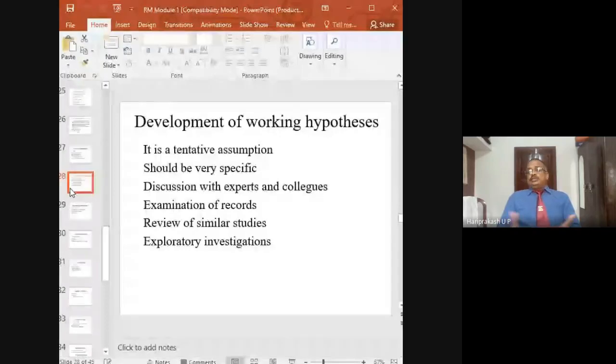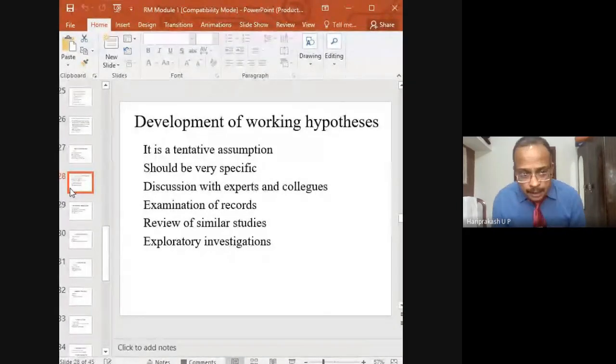How to develop that? It is not just sitting alone and thinking. Yes, thinking should be there, but you will have to collect various literature for this purpose also. The literature survey that you are doing will also help you in framing the hypothesis. And also you have to discuss with the experts, with colleagues, your guide, and so on. When you discuss with these people, you will come to know what should be the